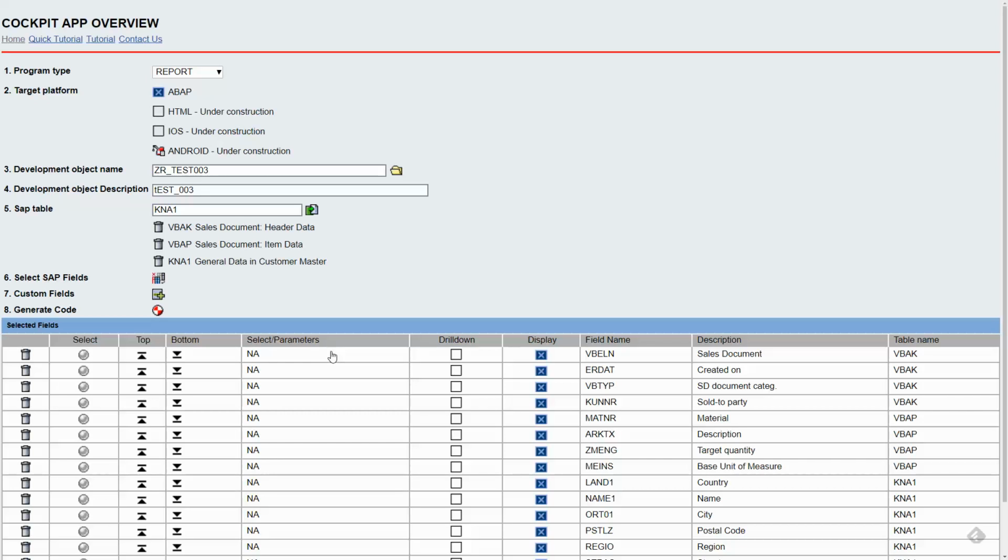Now we could go and specify more details that will give our report more features. For example, we could specify, by clicking, which field will be a select option. I would like to do it for sales order, create on. Sales document category I would like to have as a parameter, because I would like to decide if I want to see sales orders or quotes. Then I would like to have a select parameter for customer,